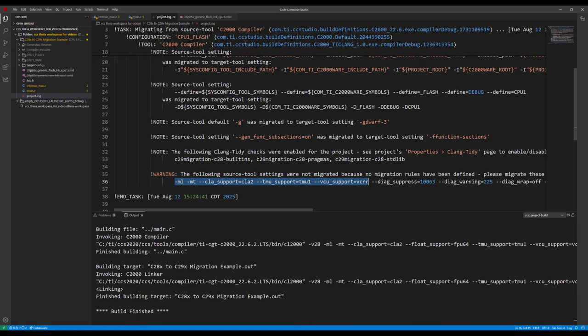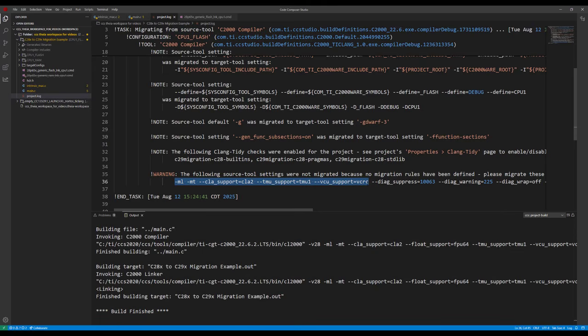Those are all options associated with specifying exactly which variant of the C28X CPU is being used. In this particular case, these options came from the C2000ware project that I started with. Okay, this is one of the things that I got from that project that I did not change.